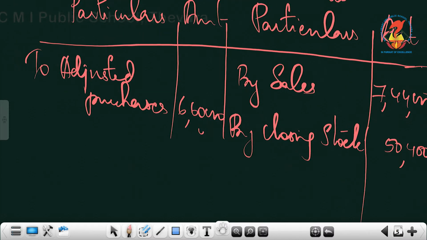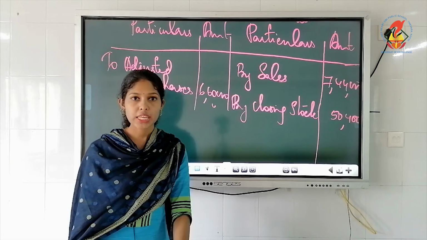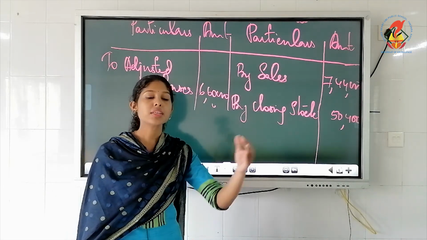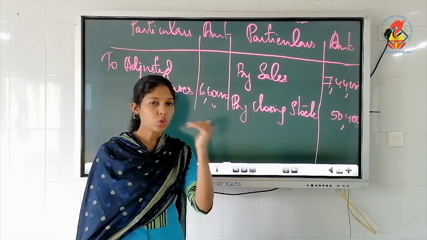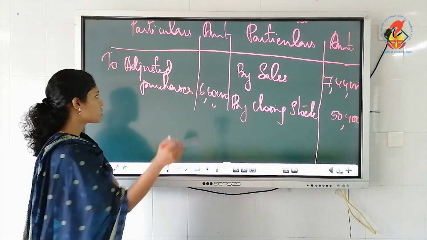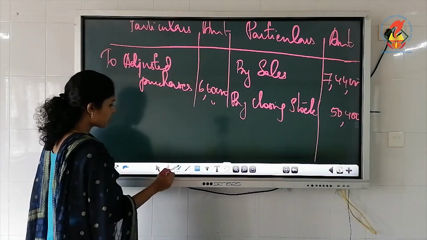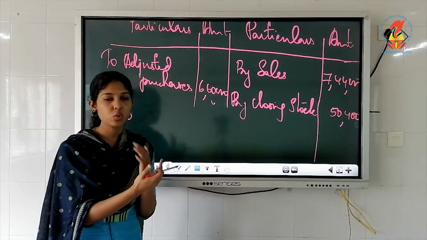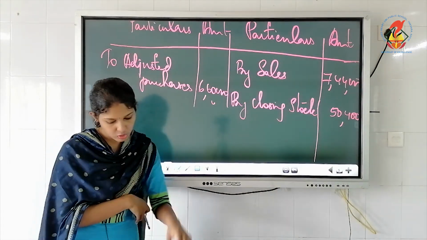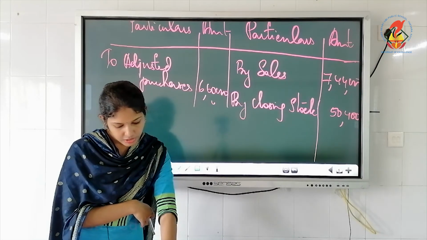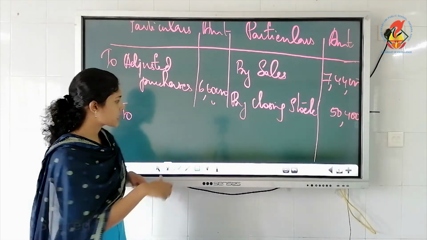Then freight and carriage inwards, that is the shipping and transportation charges, and it is written inwards. So it's related to purchases or production. So it's direct in nature, which we can write here. Direct expenses must be written because adjusted purchases does not include direct expenses. So that we have to write. Freight and carriage inwards 3,600.